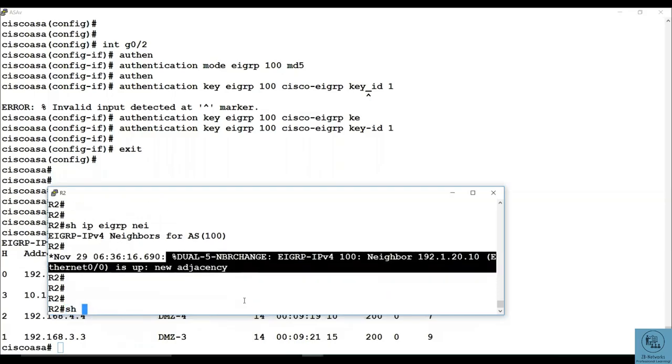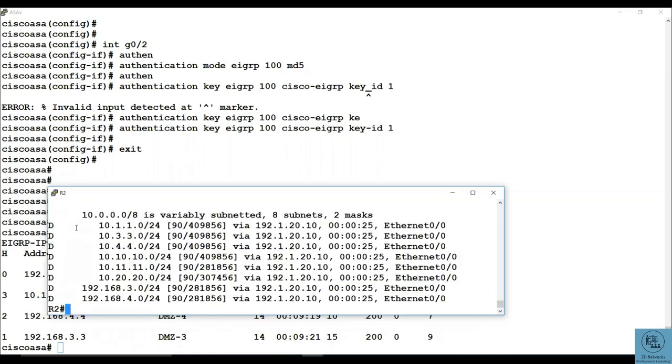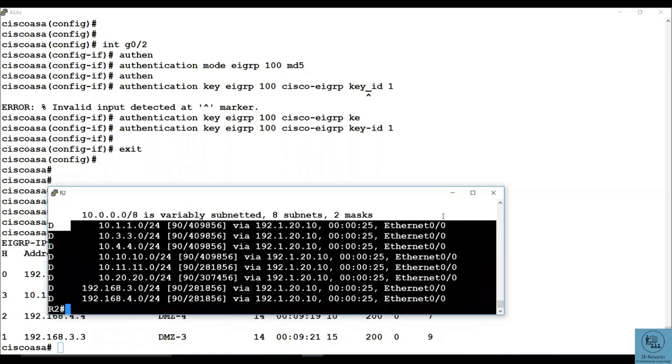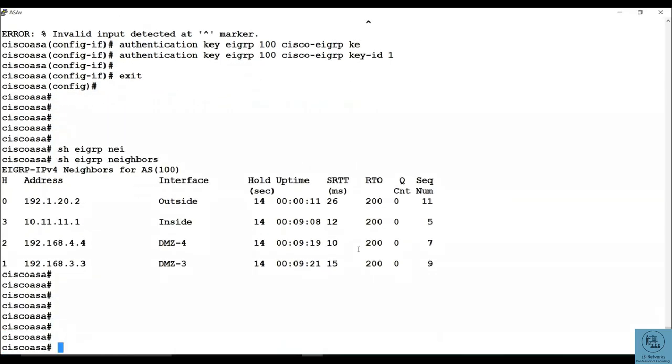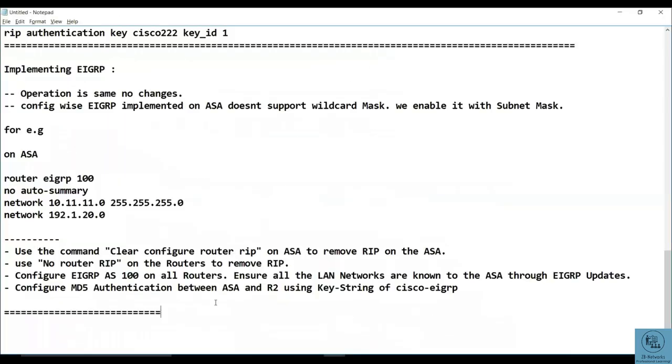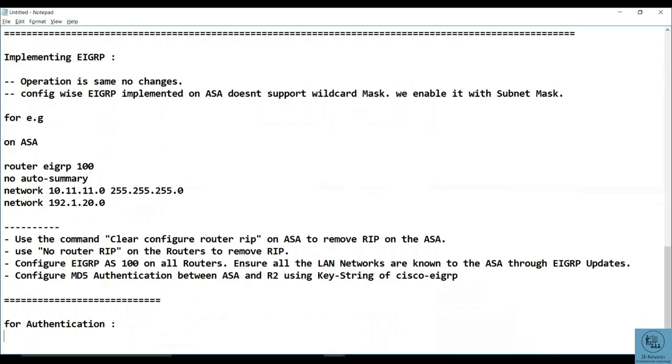And if you see show ip route eigrp, all the routes will be again learned. Is that clear? So going back, the most important thing that you take is how to configure this. I've told you, and for authentication, how do you run the authentication commands. That's really crucial for your deployment scenarios. So authentication, I gave you this, ensure